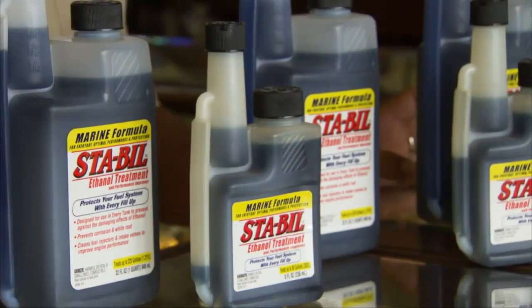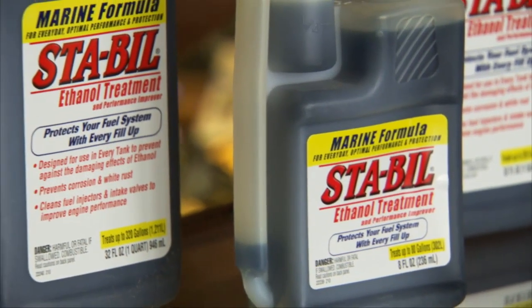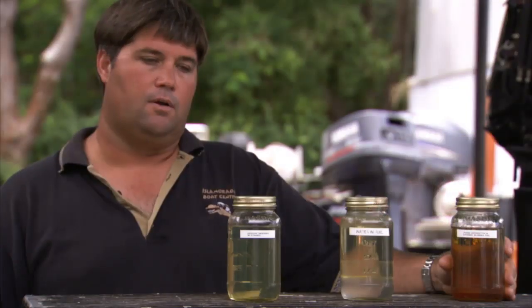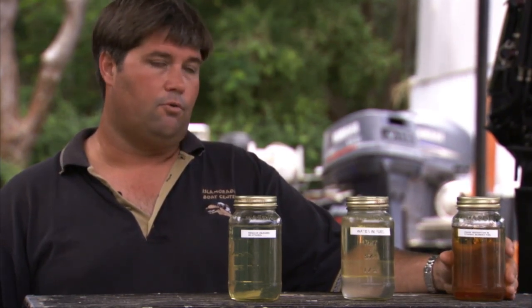or a carbureted motor. A lot of products on the market. Sta-Bil has some good stuff out. It helps run the ethanol gas through the motor on a consistent basis, which is real good. Certainly a lot cheaper than doing service work on the motor or having a clogged up fuel pump or